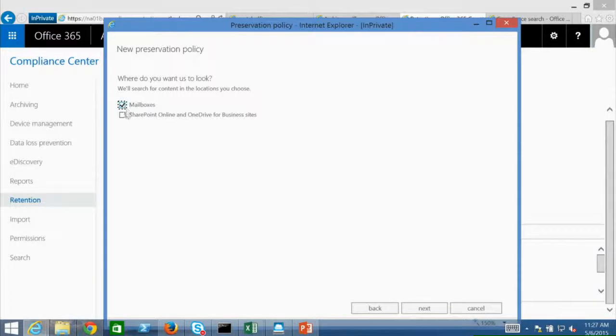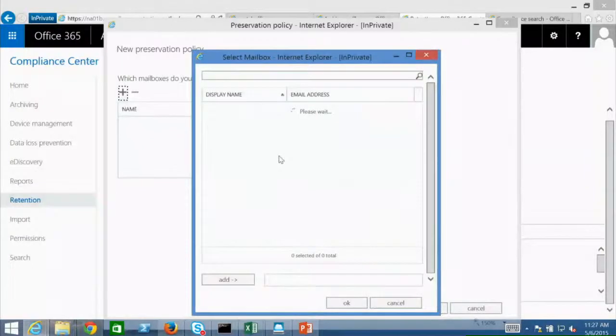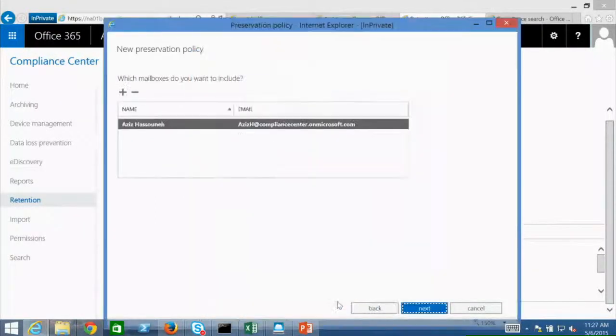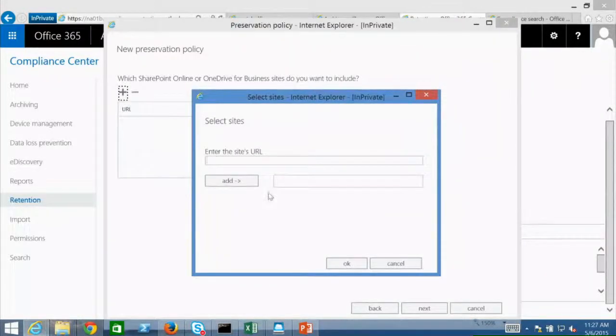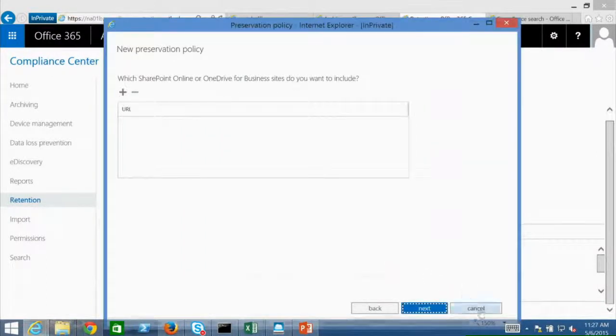If you do select mailboxes, you get options to obviously pick the mailboxes. And then if you hit next, you also get to pick your SharePoint and OneDrive sites. So you can enter the site URL in there. So what does this look like for Exchange? If you're an Exchange user, this means that if a person tries to delete a mailbox, or tries to delete the contents of a mailbox, it goes into the recoverable items discovery holds folder or the purges folder. If you try to delete the mailbox itself, it will fail because it knows that the mailbox is under a